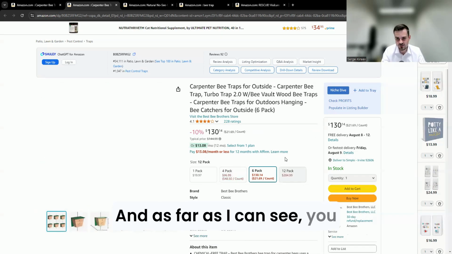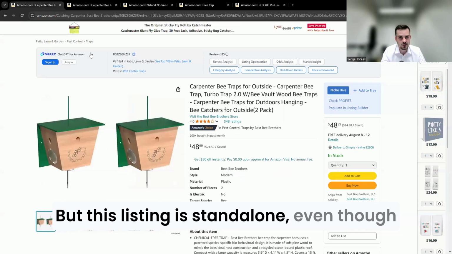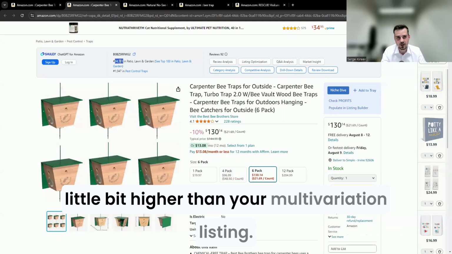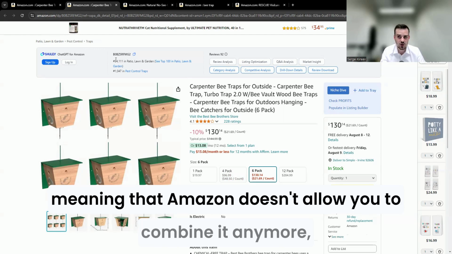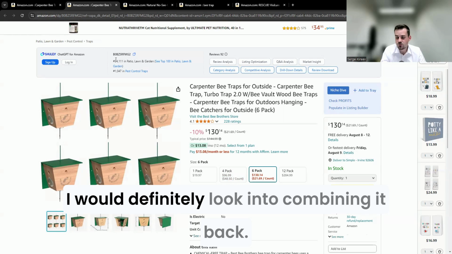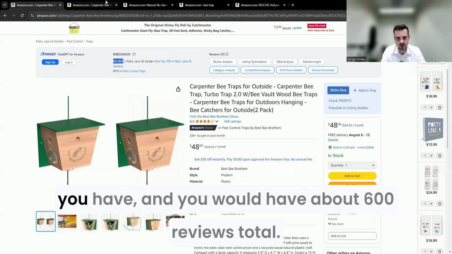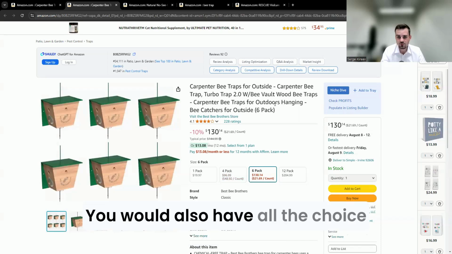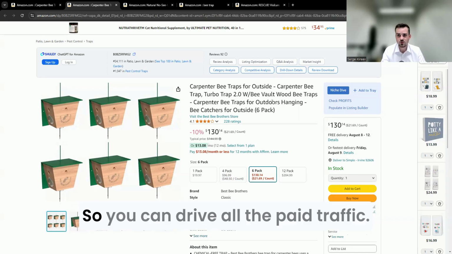And as far as I can see, you keep 4 variations on the same listing, but this listing is standalone, even though you can see the sales rank a little bit higher than your multi-variation listing. So I would say if there are no technical constraints, meaning that Amazon doesn't allow you to combine it anymore, I would definitely look into combining it back. Not only can you combine all of these reviews, and you would have about 600 reviews total, you would also have all the choice on your parent listing, so you can drive all the